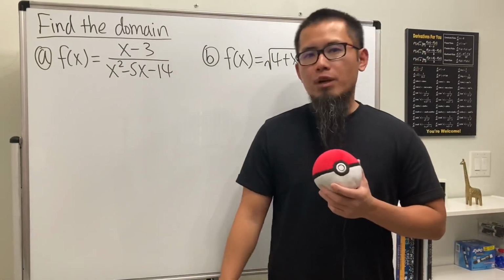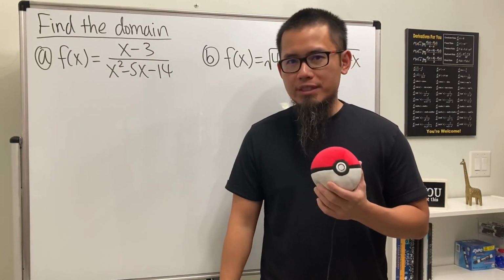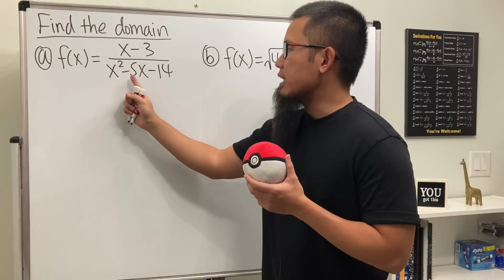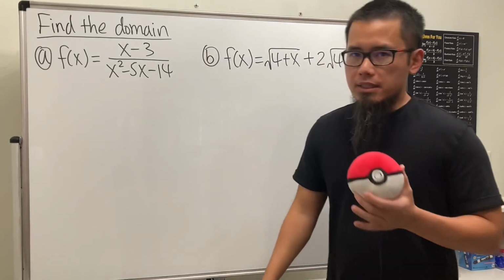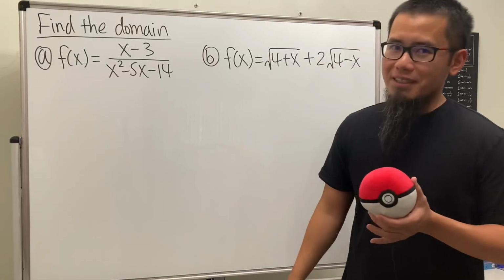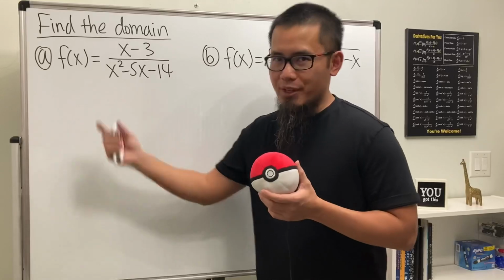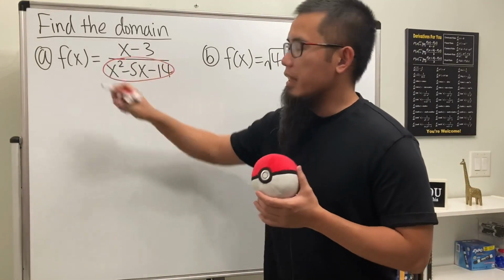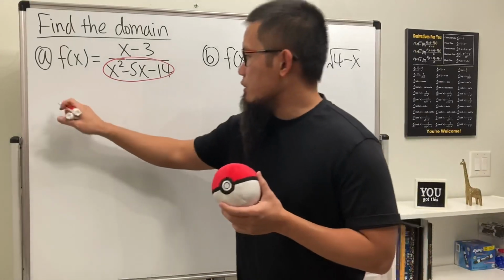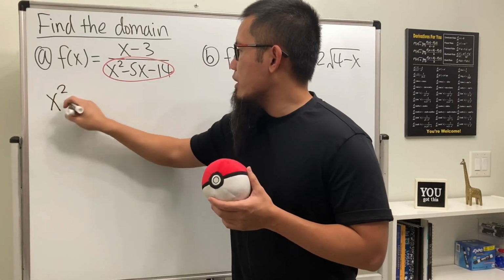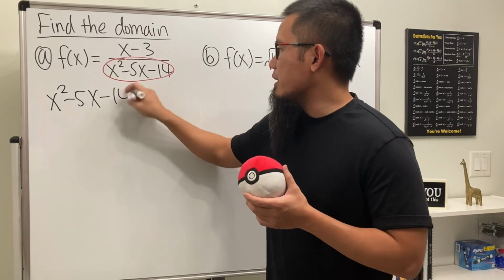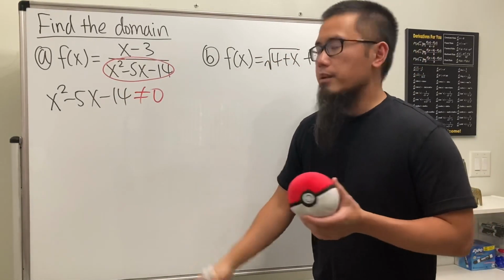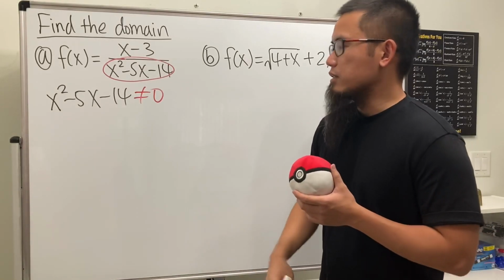How do we find the domain of a function? Well, in this video, we'll do 4 examples. For the first one, we have x minus 3 over x squared minus 5x minus 14. This is a fraction, and the worst part is that we have the x on the bottom, right? So you have to remember, we will just have to make the denominator not equal to 0. So just write x squared minus 5x minus 14 cannot be equal to 0, because that will be the restriction. So go ahead and do this and then solve this as usual.